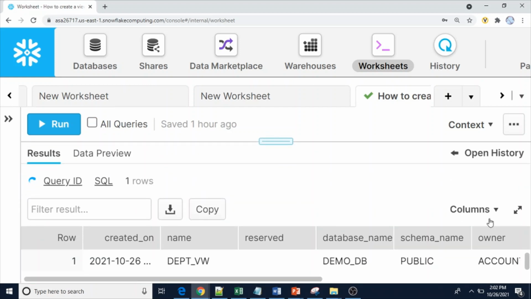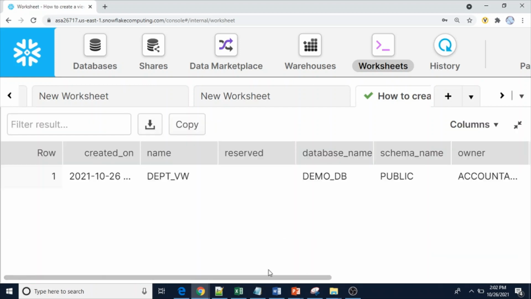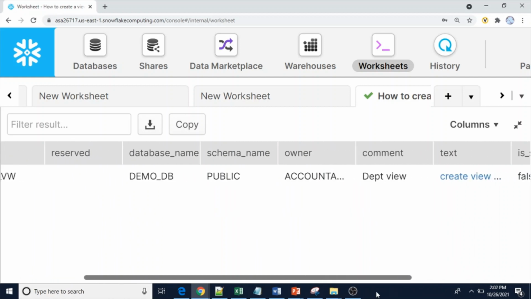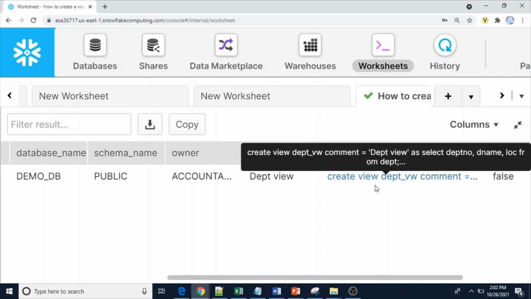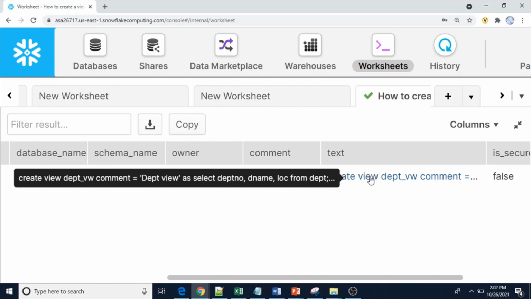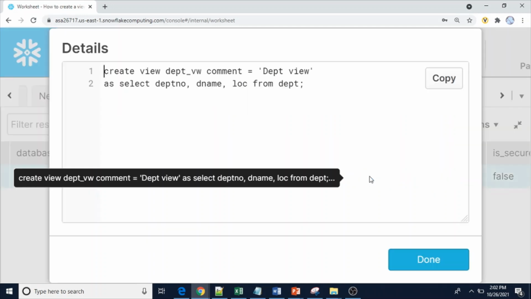In this view we have a comment, and there is a text column. As I said, you can see the view definition, the select statement or expression, the valid query expression, under text.